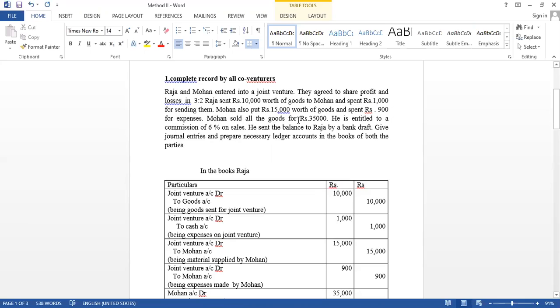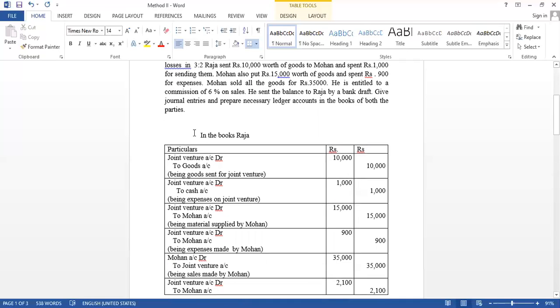Mohan sold all the goods for rupees 35,000. In the joint venture, total sales is 35,000. In this problem, the joint venture had a profit. Mohan received a commission on sales at 6%: 35,000 into 6%, he got 2,100. Give journal entries and prepare necessary ledger accounts in the books of both the parties because complete record by all